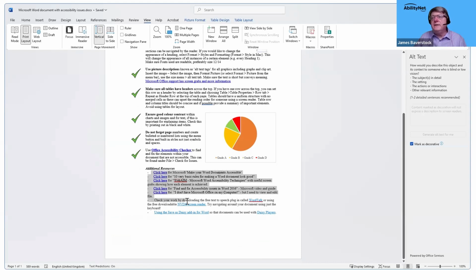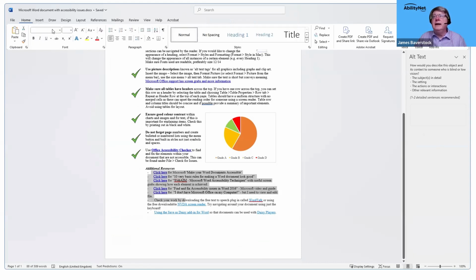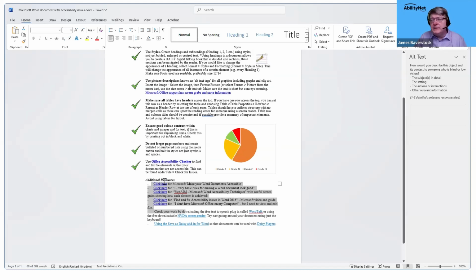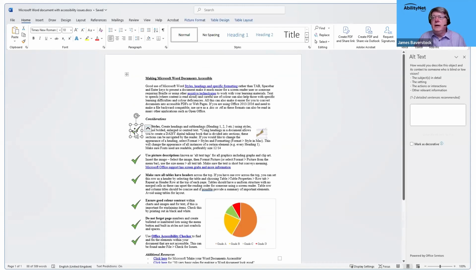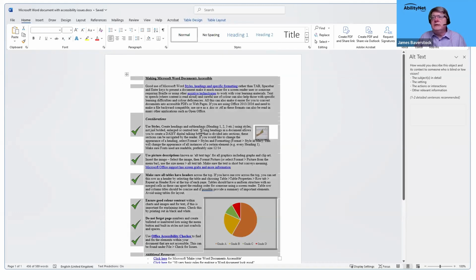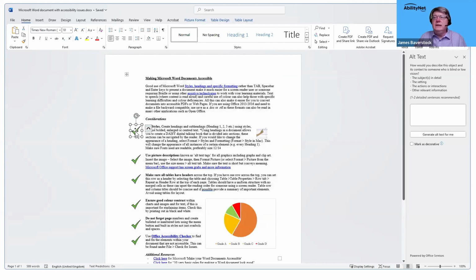So if I select that and have a look in the Home tab, you can see that the list icon is not selected here, and it's just using the normal style. It's not using the list style because it's not actually been marked up as a list. And similarly, I've got a structure here where it's kind of a bulleted list, but it's been done within a large nested invisible table instead, and the bullets are just images with no alt text. So this would be a bad way of doing this. But if we look at our good document,